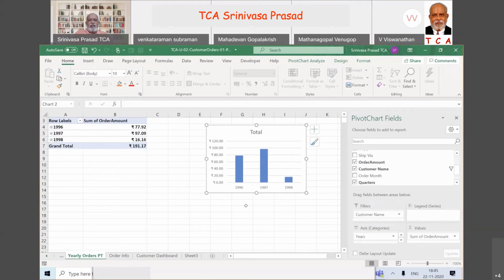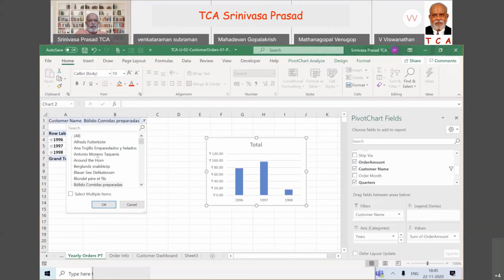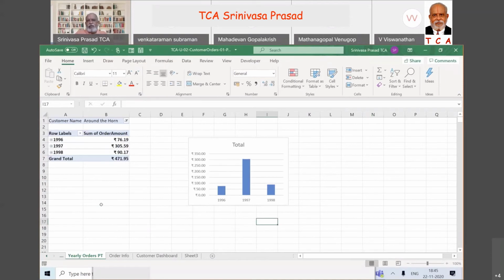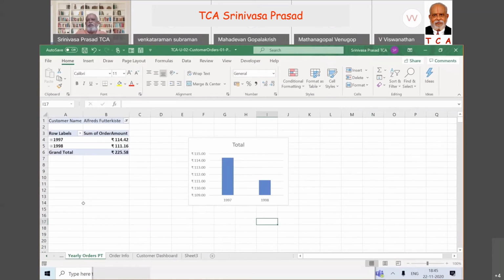If I go here and change it to Around the Horn and click, the chart will change according to the value of Around the Horn. So I take the first customer, and the chart changes for the first customer. The chart automatically changes, the total automatically changes, everything is happening.